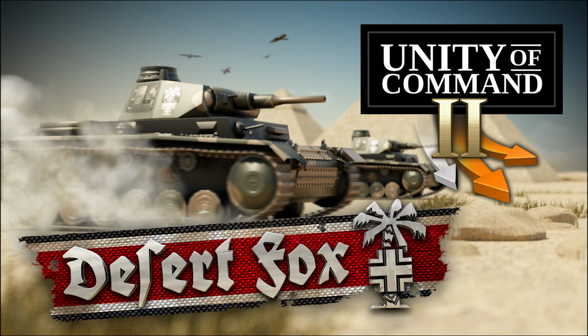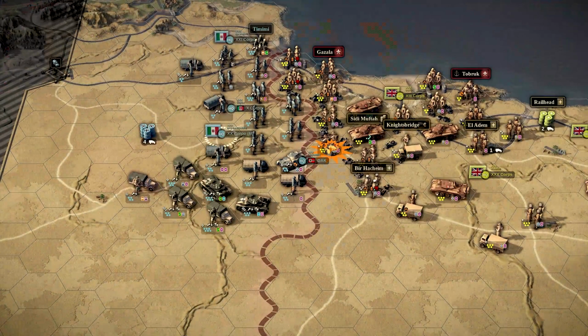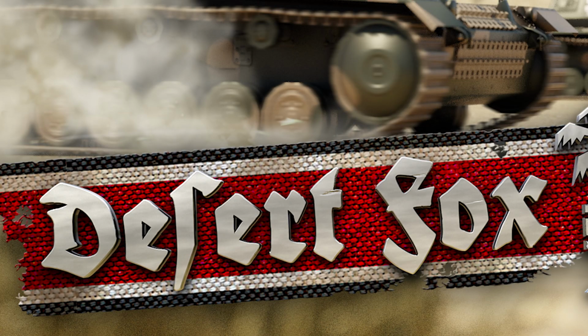This is something we've all known was going to happen. Come on, you have a North Africa campaign in World War II, and you can't play as Rommel? Hello everyone, my name is Xabu, and well, Unity of Command 2 is getting another DLC, Desert Fox, playing as